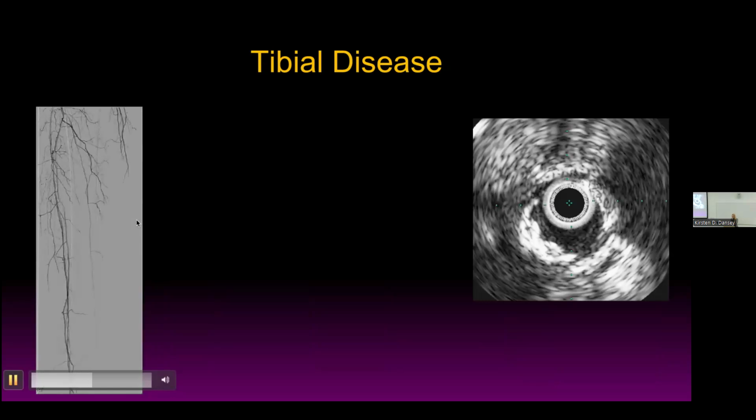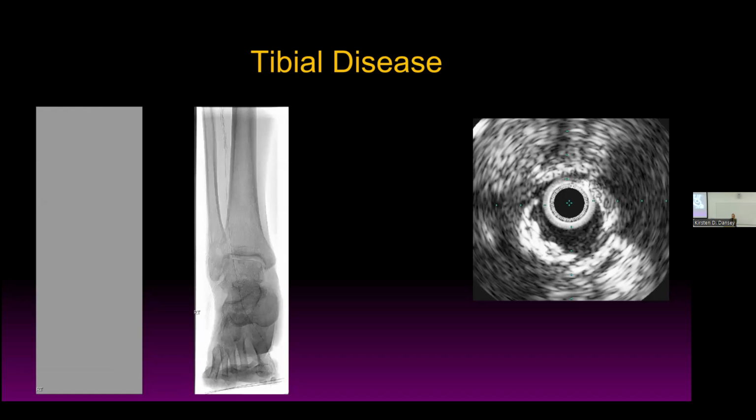I ended up stenting his AT using a coronary stent. And you can see that one of the couple of things I look for on post-procedure angiograms is the rate of filling of the AT, and you can see that this is similar to the peroneal, which was the dominant runoff to the foot. This is just a picture for the fellows or